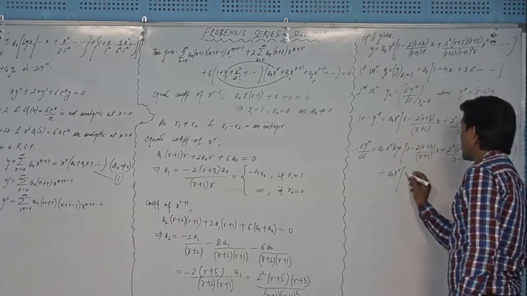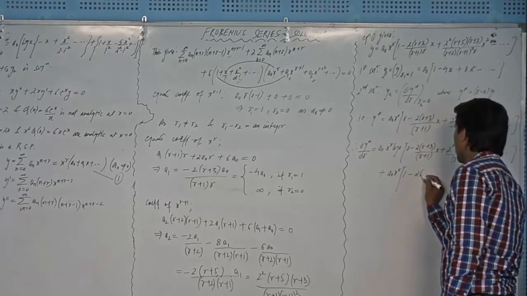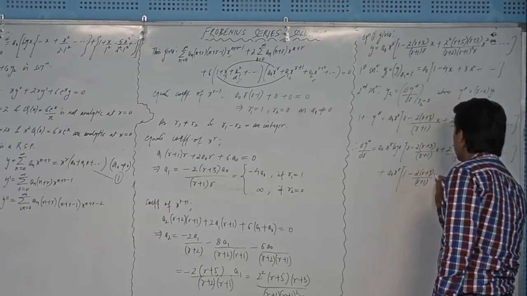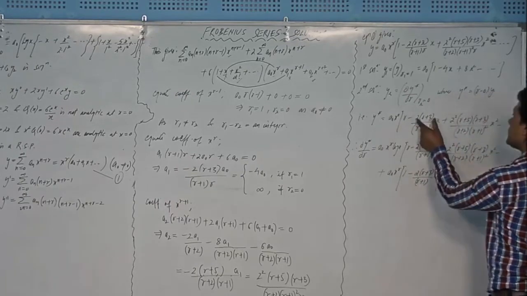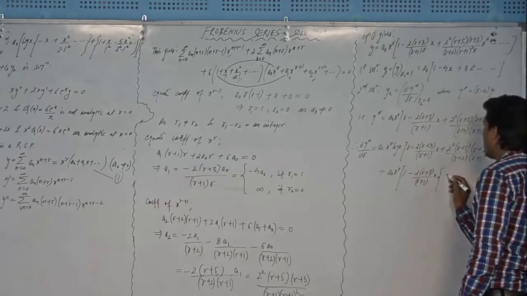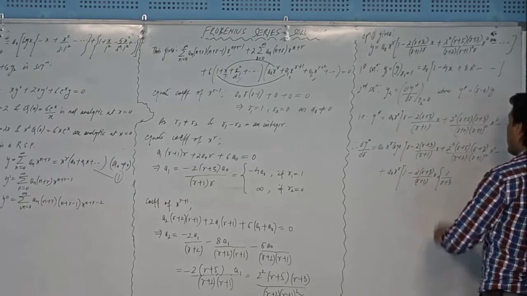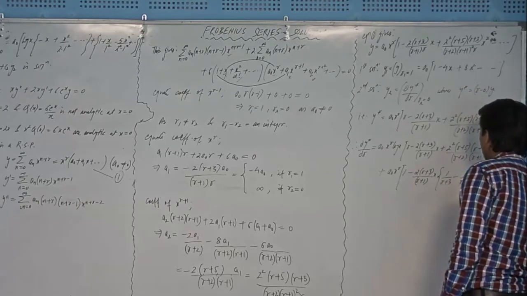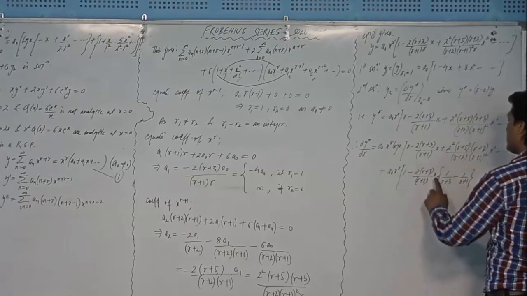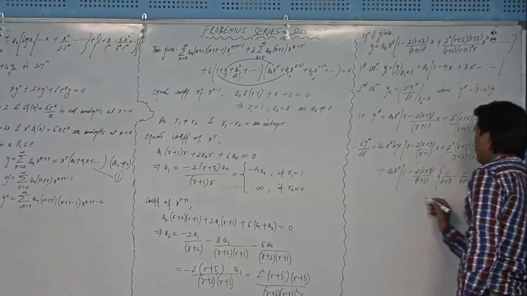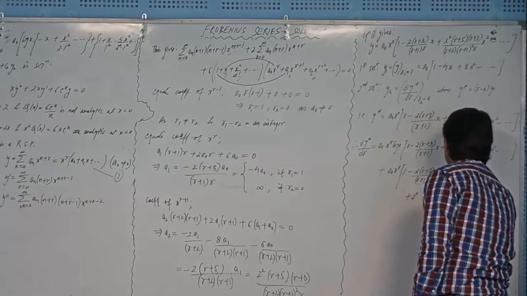So differentiation of this is 1, and for this I will use that shortcut formula. The function will be as it is outside, and inside the bracket differentiation of it will give you 1 by r plus 3, right, and minus of 1 by r plus 1. Okay, so this is your x, here you have x, and for the third term the function will be r square